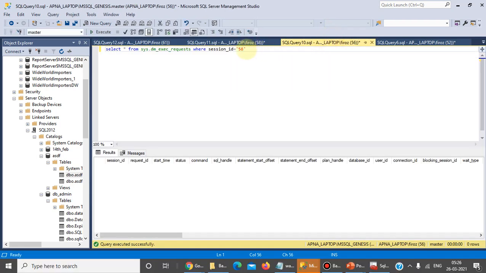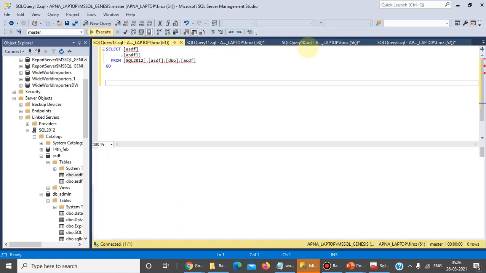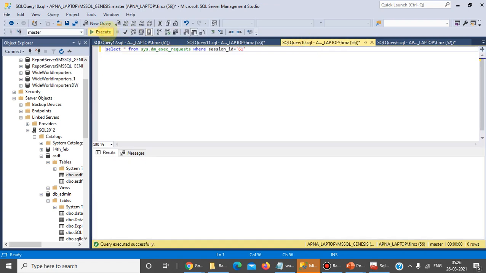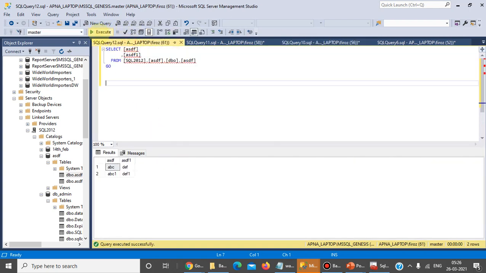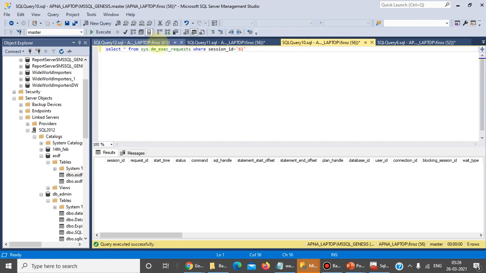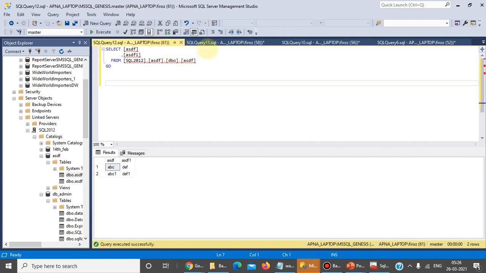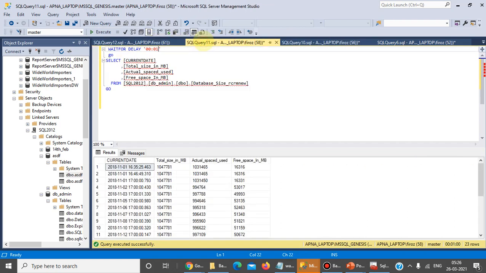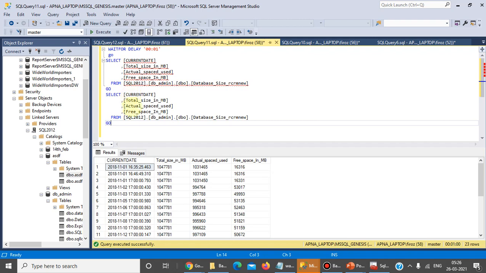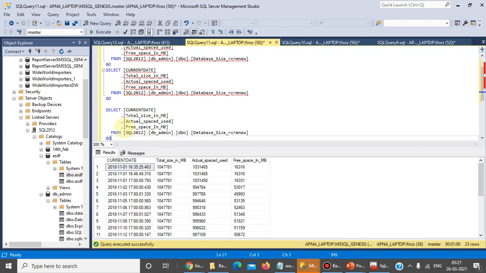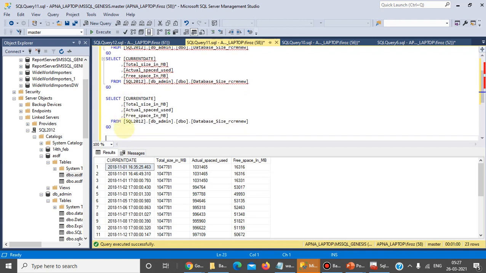We had missed that query and the wait type also. Let's run this query 3 times.